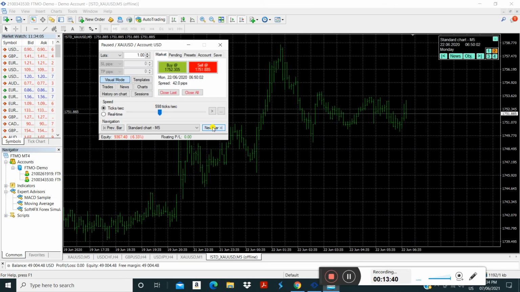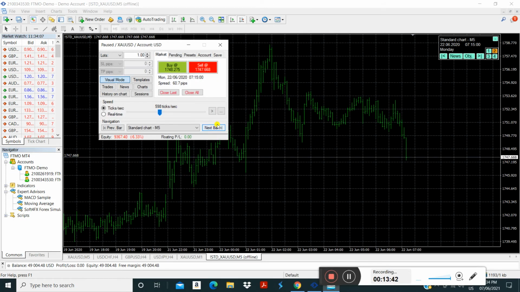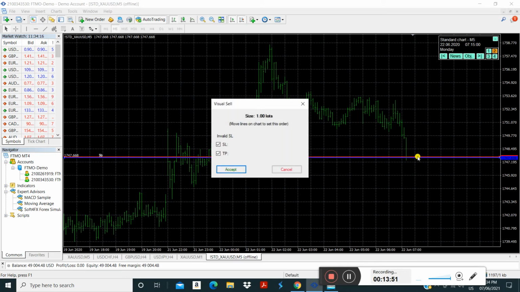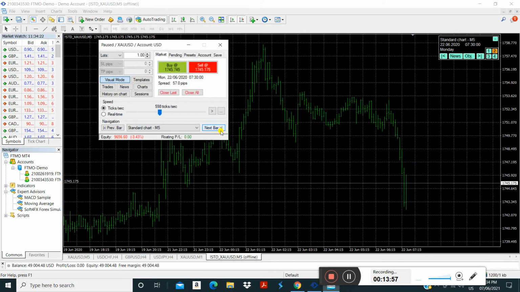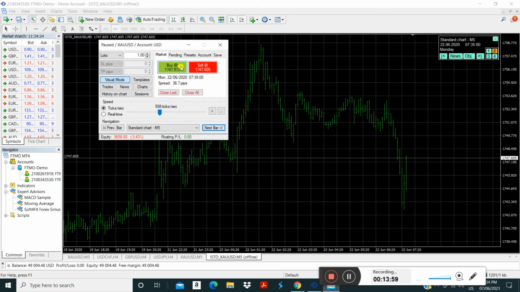Okay, I can go to next bar. Right now I'm just randomly doing it, so I'm not placing any kind of strategy. So right now you just click on SL here, TP here, accept, TP is hit.